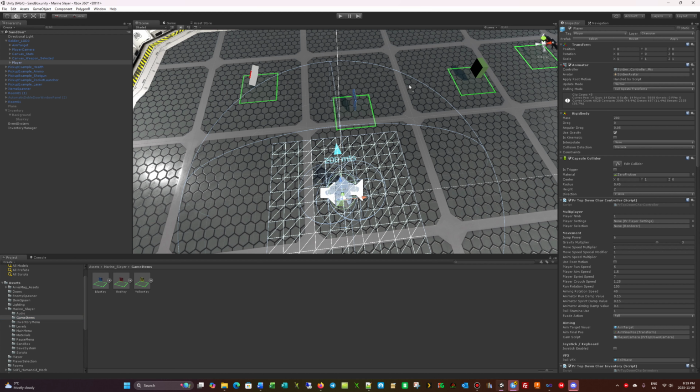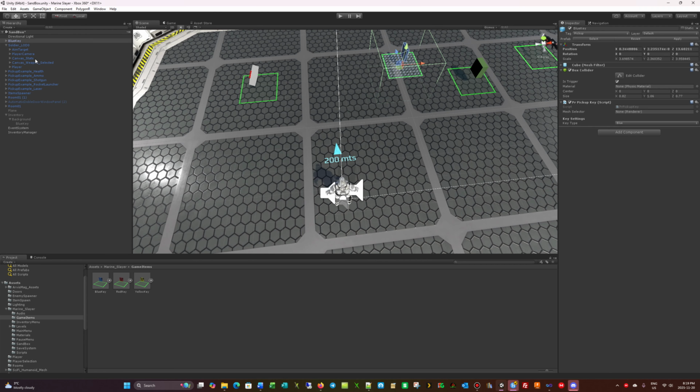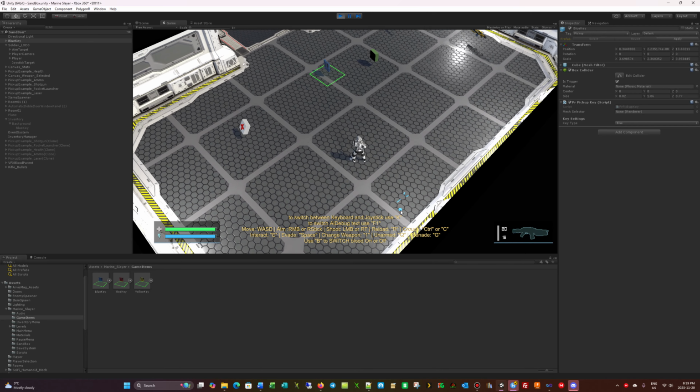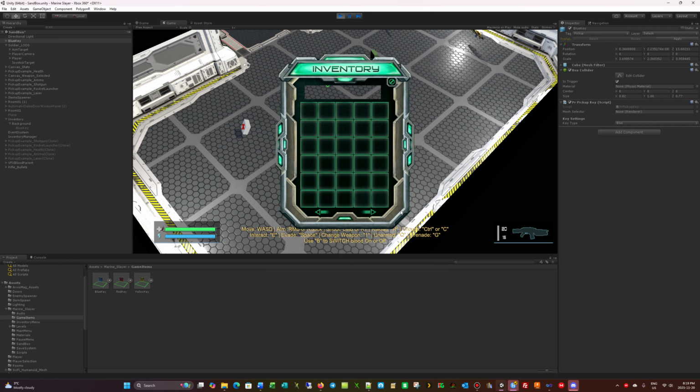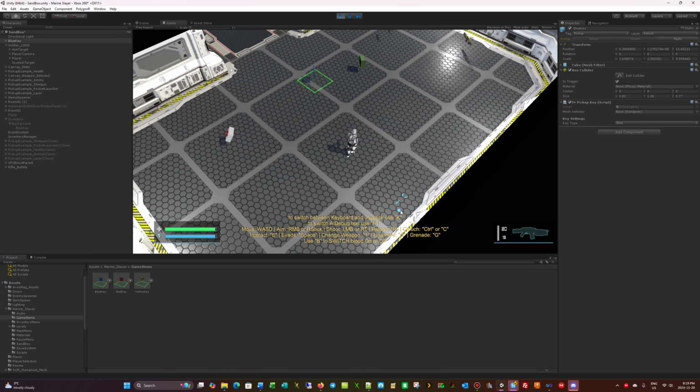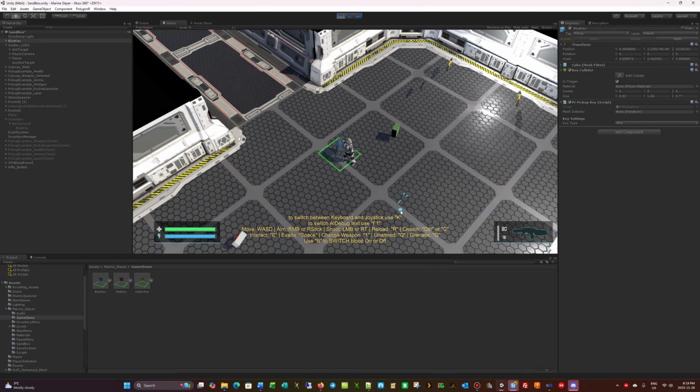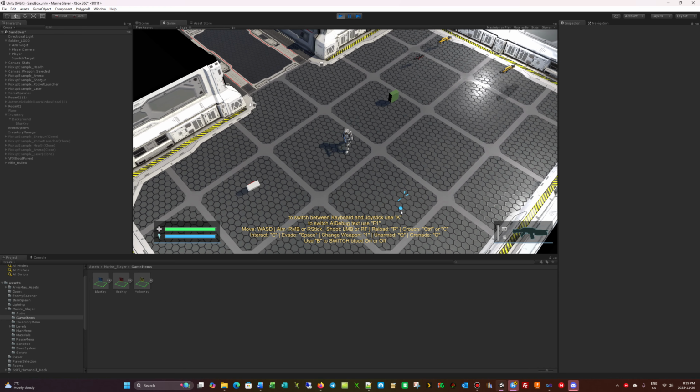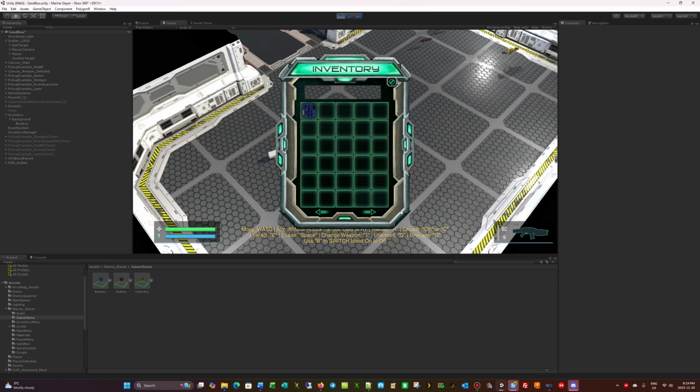Alright, so let's place a blue key there. Let's start our game. If you open our inventory, there's nothing in it. But if we collect this blue key, it appears in our inventory because clicking the blue key actually switches